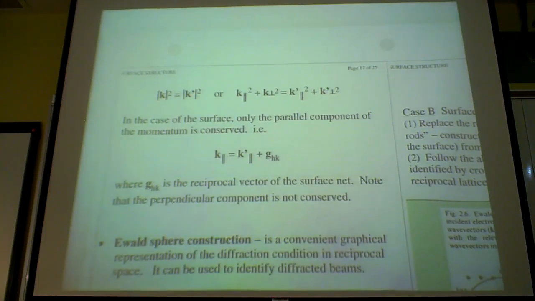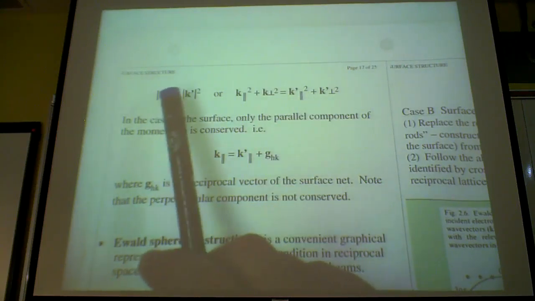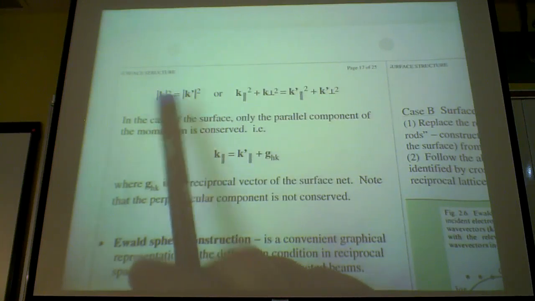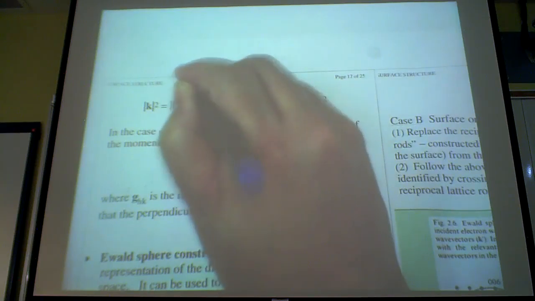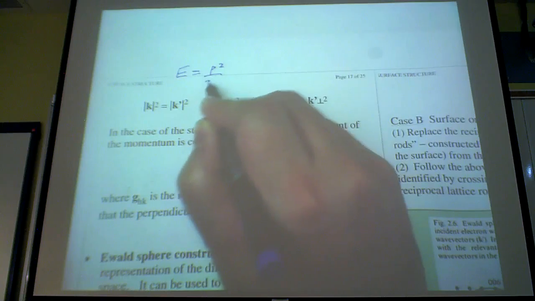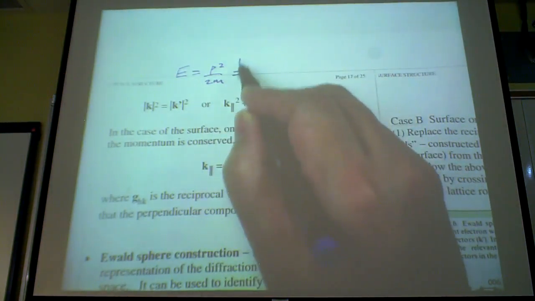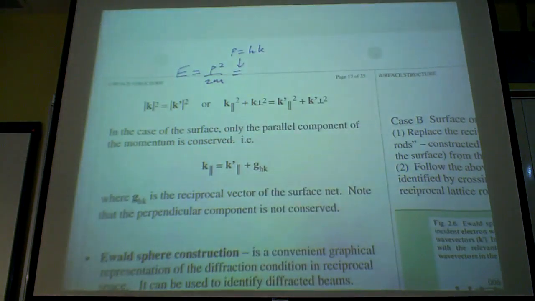And if you write p to be Planck's constant times this so-called momentum or wave vector that you got, then you can think of this just as momentum squared. So let me write it like this. E is really just p squared divided by 2m, right? And really p, if I write p is equal to ħk, this is how physicists write this,